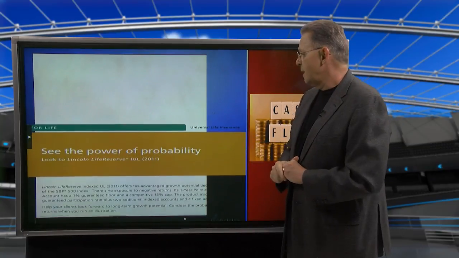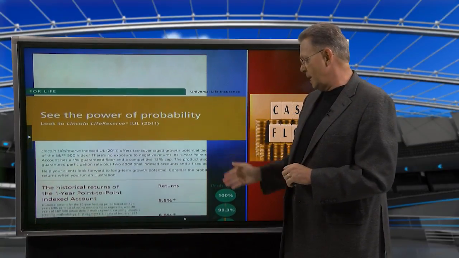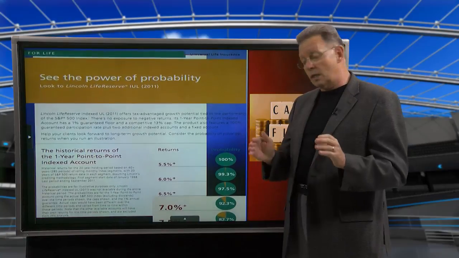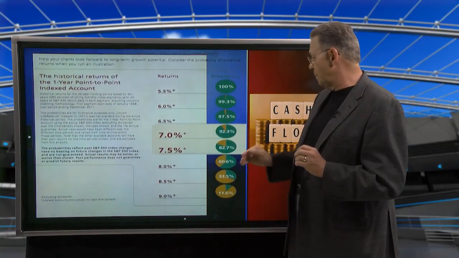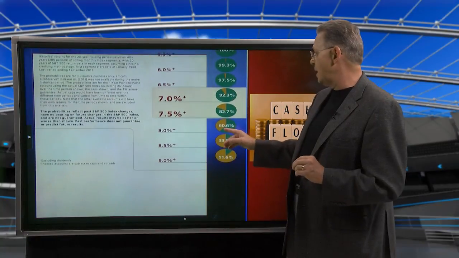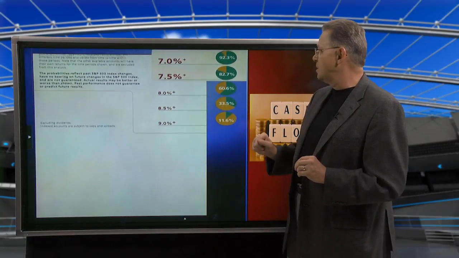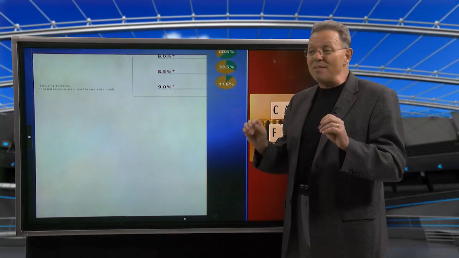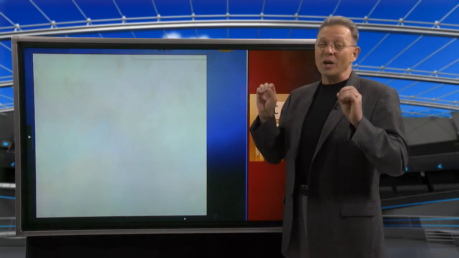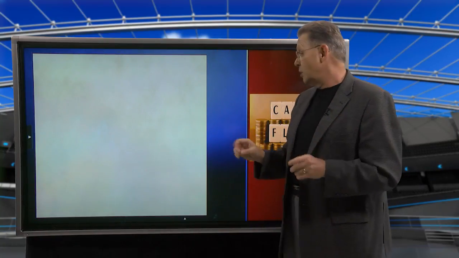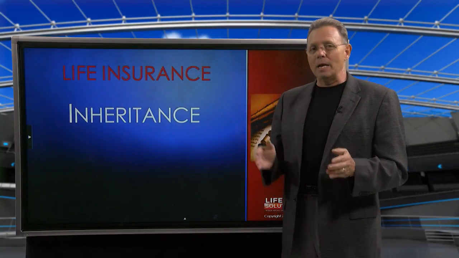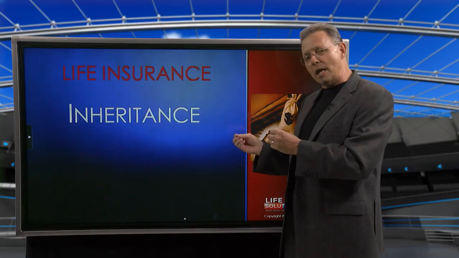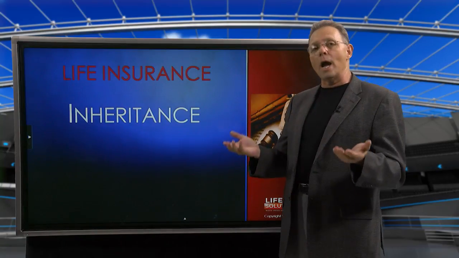And then lastly, when I'm looking at basic ideas, you're looking at the power of probability. And right now, according to the study that Lincoln did, the 100% probability is right around 5.5%, and 7 to 7.5% is the average 85 to 90 percentile that you could actually see as a return. So it's interesting when you look at this, you want to look at this for income. And I've just given you the 4 basic mortality chassis that you can use